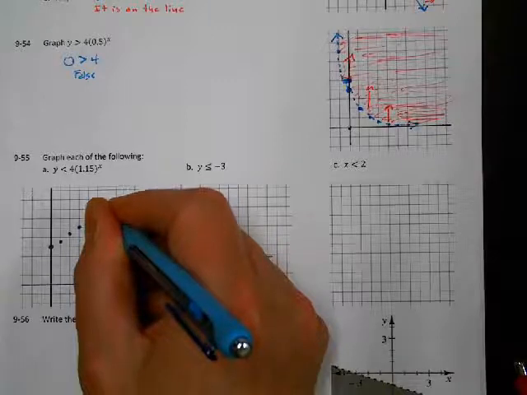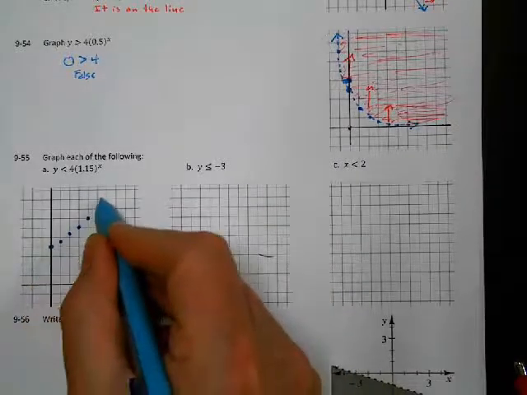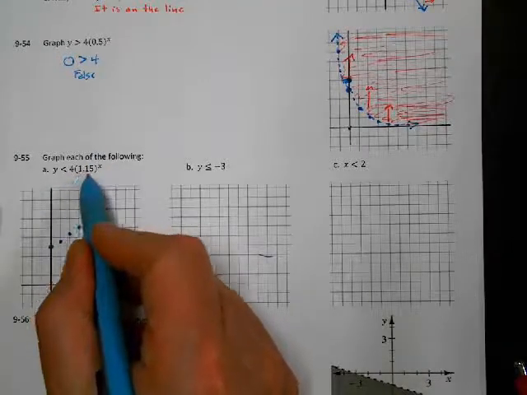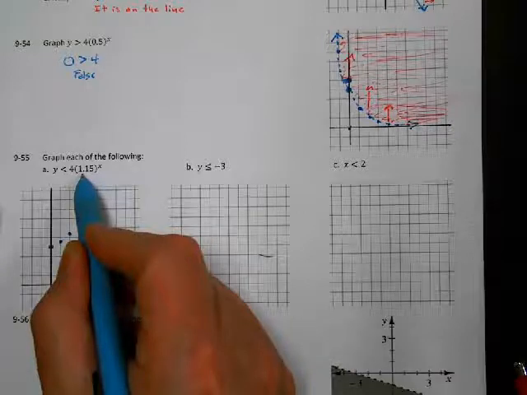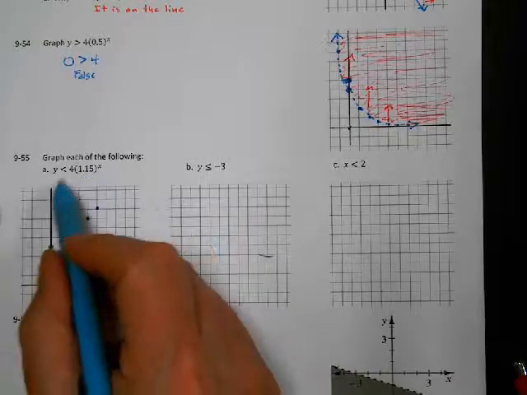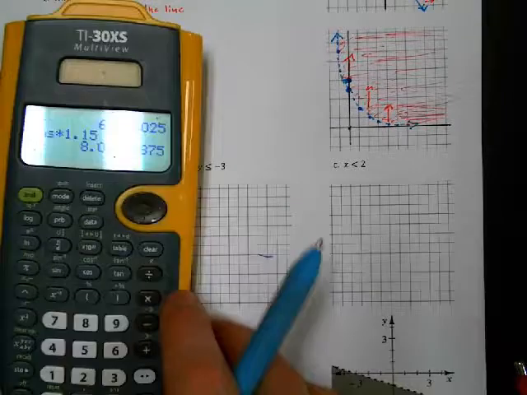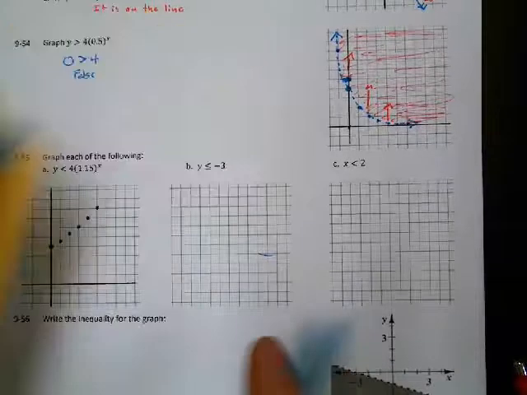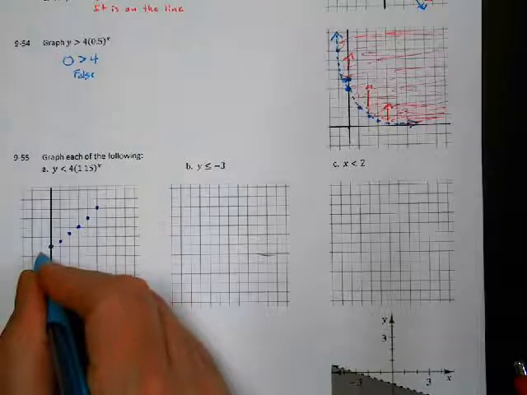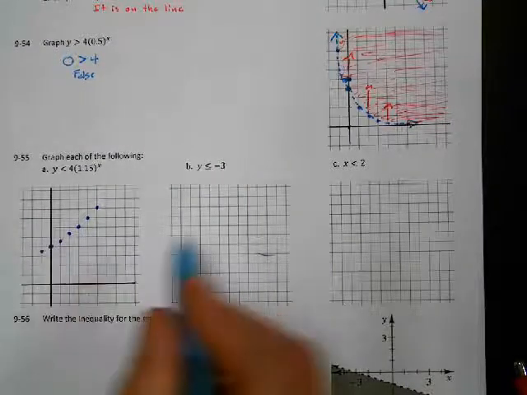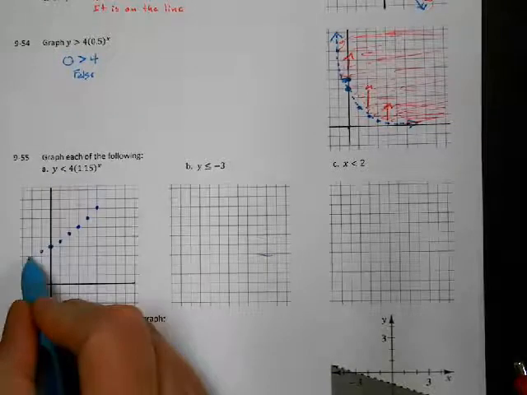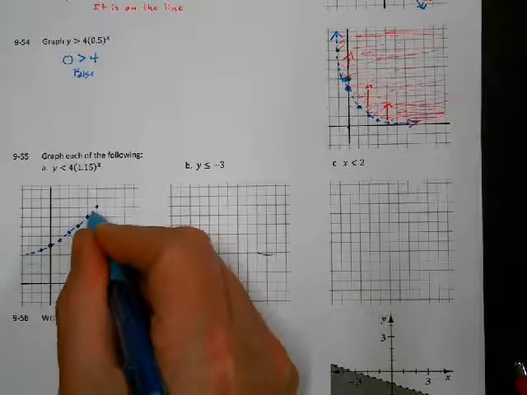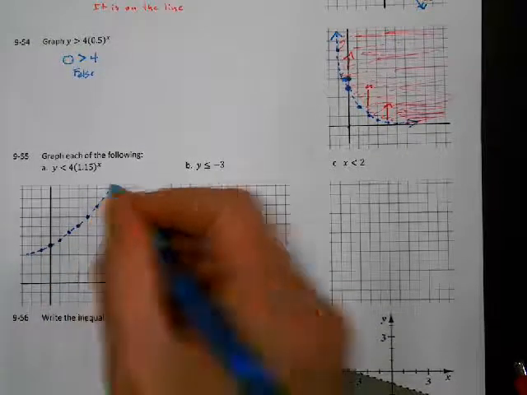We can kind of see here that it's making a slight curve. It's not a really steep curve, but we didn't expect a steep curve because the B value is close to 1. Now, if I wanted to go backwards, again, I would just take 4 and then divide by 1.15. And I would get 3.47, so about 3.5. So 3.5 would be about right here. Okay, so this one cannot be equal to, so it's looking like this one should be dotted. All right, so there's my dotted